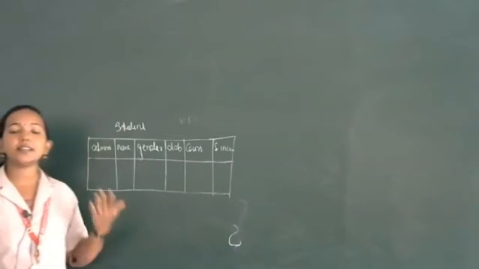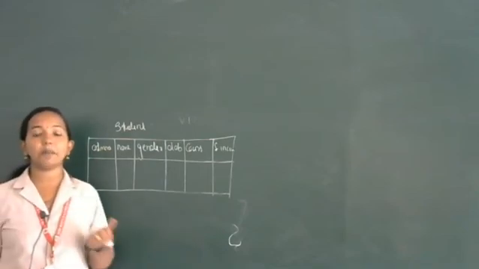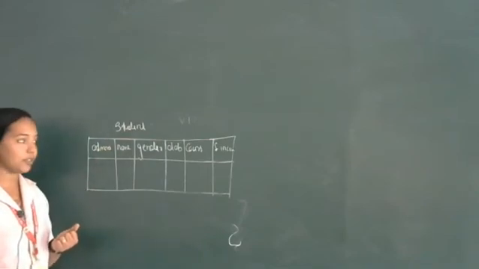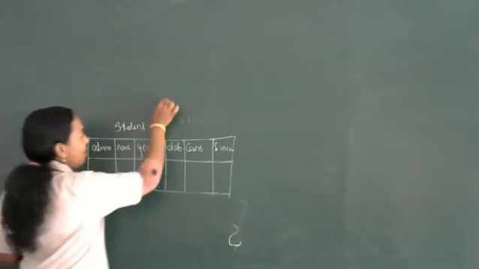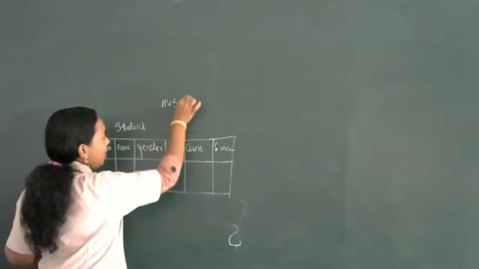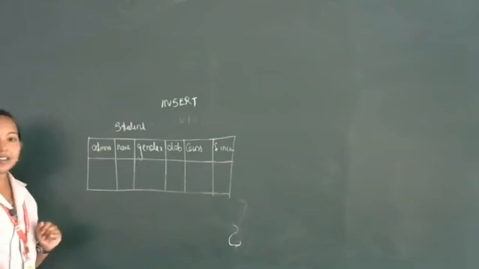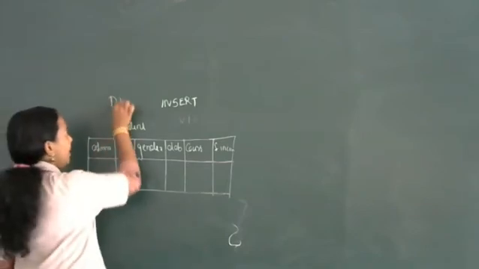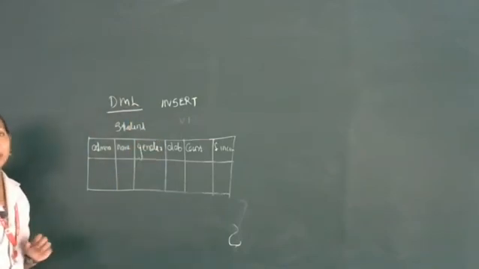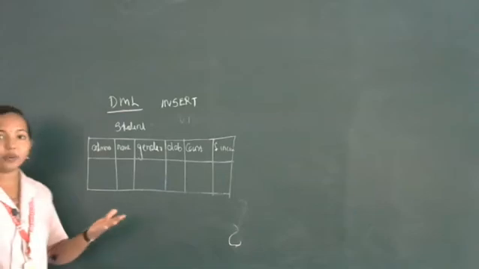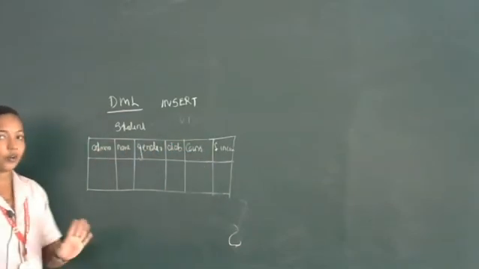Suppose you want to insert values into the table, you use the insert into command. Okay, which command are we using? The insert command. The command that we use for inserting values into the table, the insert command, belongs to the DML category. What is DML? Data manipulation language. We are going to modify. Actually, this is the structure of a table. The structure we are not going to modify.